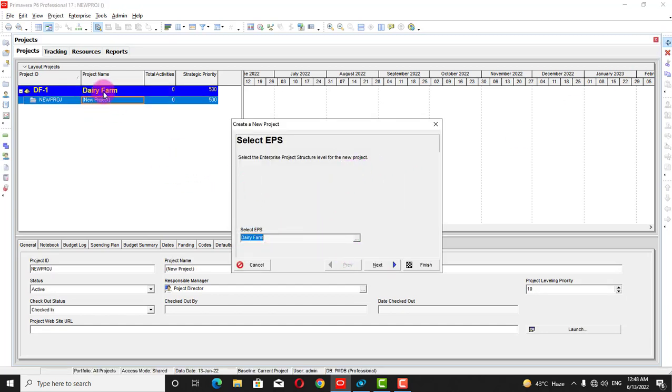So we will select our EPS dairy farm, and we are creating the project under this EPS. So the EPS will be dairy farm, and after that we will press next, and our project ID will be DF and P and 1, dairy farm project 1, and project name will be